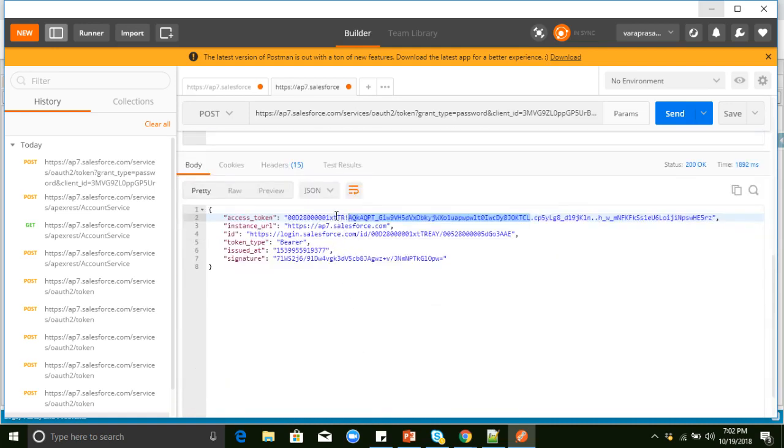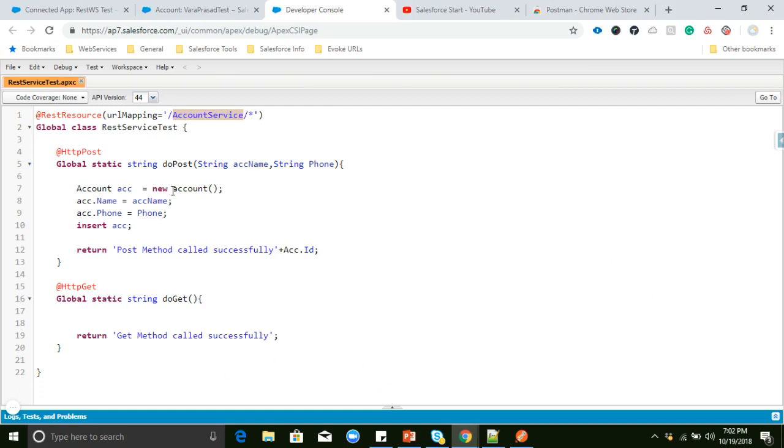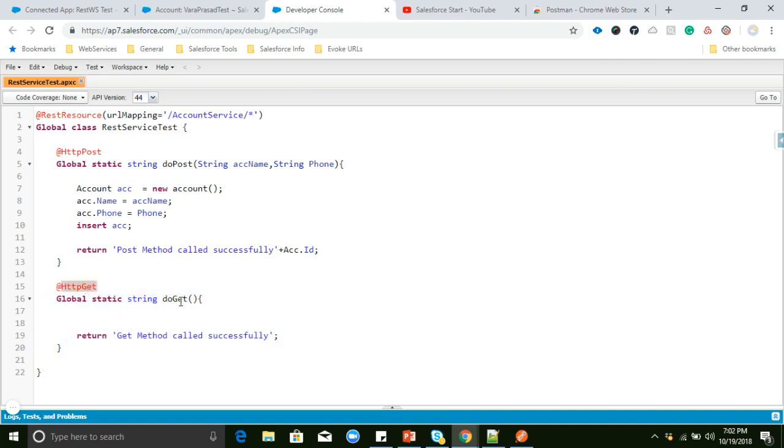Once we get the access token, we can call our Salesforce class directly from our Salesforce services. Like this we can call any methods like post, get, and the remaining methods, patch, put, all those. Generally, when we use the get method, for example if SAP wants to fetch data from Salesforce and display it in their table, we go for the HTTP get method. I will show you a sample example of the get method also. We'll return some list of accounts.